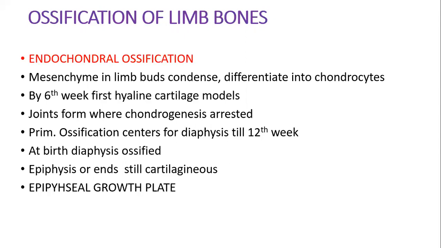So at birth, diaphyses are completely ossified, but the two ends, the epiphyses, are still cartilaginous. A temporary cartilage plate remains between the epiphyses and diaphyses. This plate, known as the epiphyseal growth plate, allows growth in the length of the bones. Endochondral ossification proceeds on both sides of the plate. When the bone has acquired its full length, the epiphyseal plate is going to disappear, and the epiphysis is going to fuse with the diaphysis, and the remains of the epiphyseal growth plate are going to be marked by epiphyseal lines.